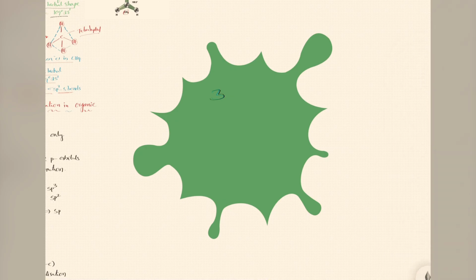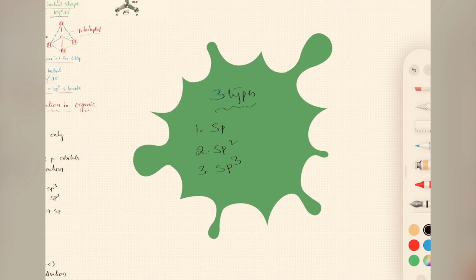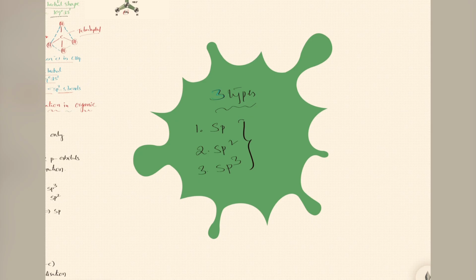How many types? Three types. One is sp, which we just discussed, the second is sp2, and the third is sp3. That's it. Only these three types of hybridization we can see in organic chemistry, especially for carbon,